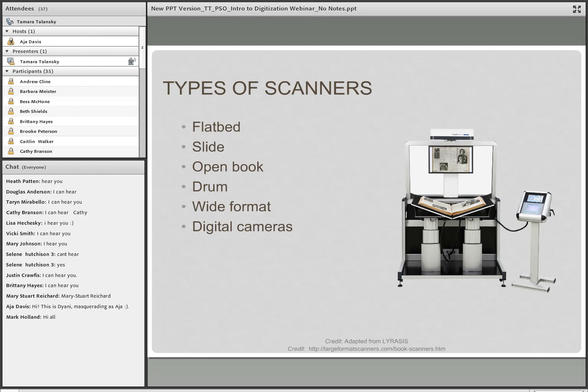Drum scanners, also expensive and mostly used by press and graphics communities working with contemporary materials. So these are not recommended for cultural heritage materials. Often the materials are affixed to a drum that will rotate at a high speed around a sensor. So use with caution.